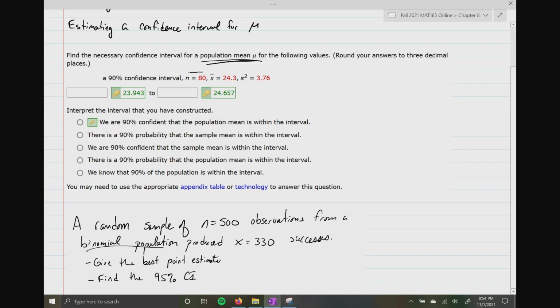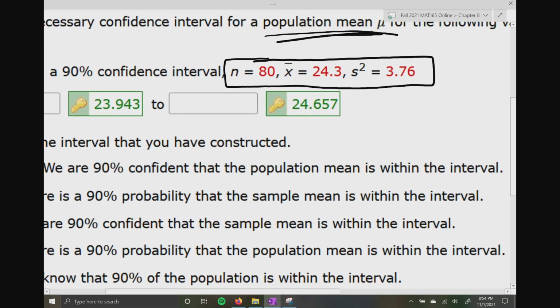Look at my sample statistics, and I'll zoom in so you can see them: n equals 80, which is the number of samples. That's normal. But they're giving me the sample mean and the sample variance. As soon as I see this sample mean right here, I know that is my best point estimate